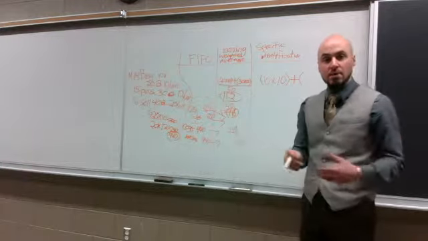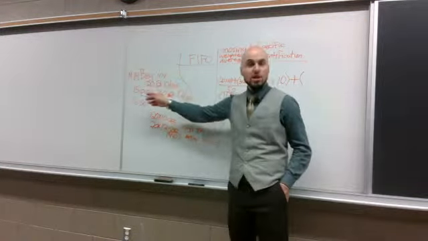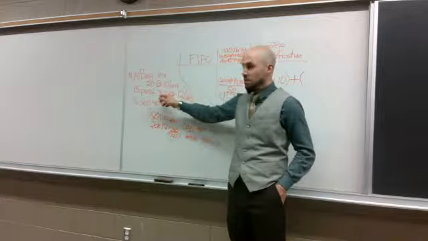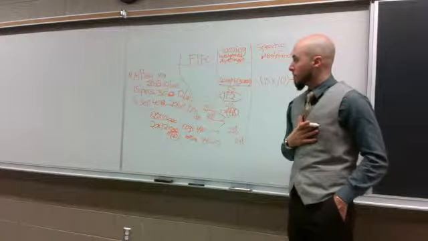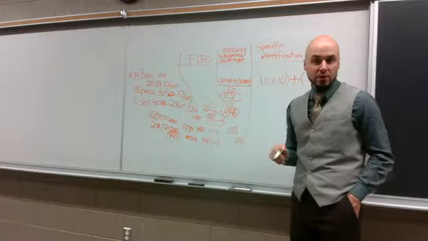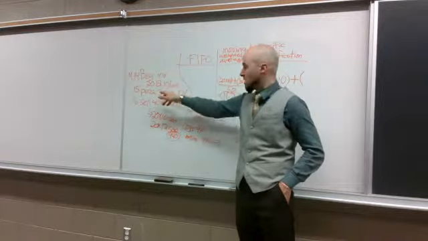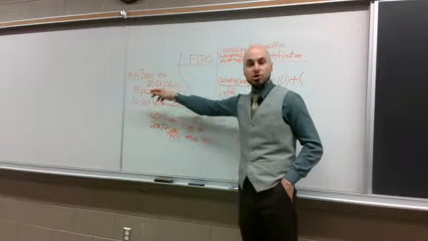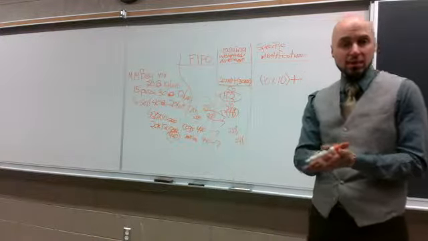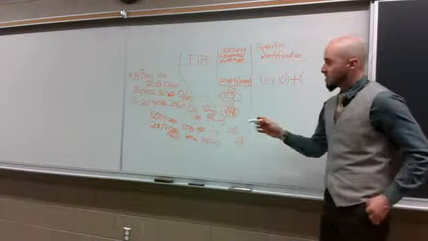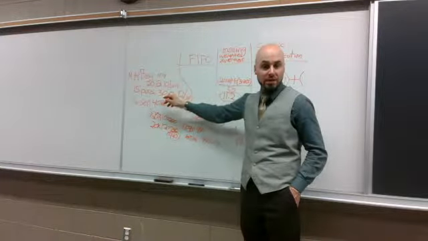We sold 40. How many more do we need? 30. We'll go to the next date. See if we can get 30 from the next date. Yep. So we'll take all 30 from March 15th, since we only have 2 dates to work with. If we had a third date, then we might just take a portion of this 30 and then a portion of the next date's units to compile that total of 40. But in this case, we have 2 dates of inventory. So let's take all 30 from the second date,